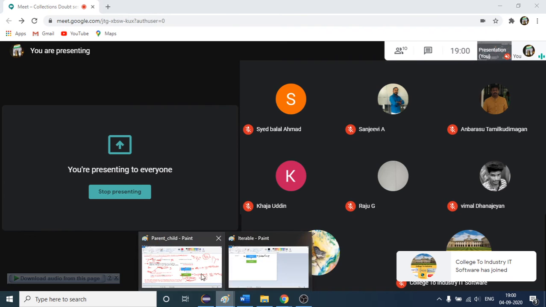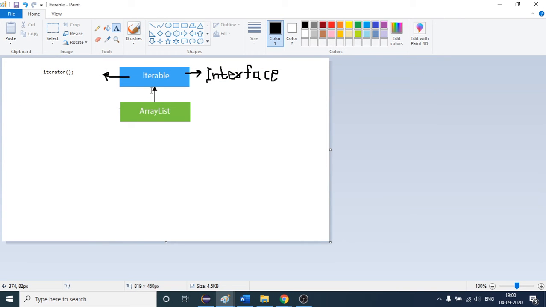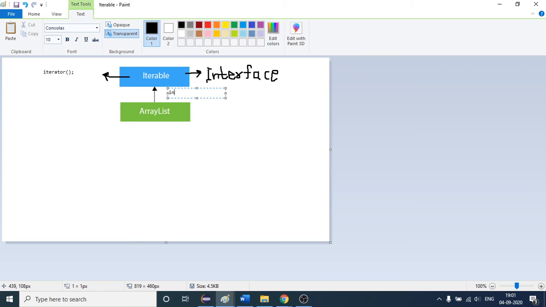I was saying that this Iterable interface will provide you a method, but this method is of abstract type. It is the duty of this ArrayList class to implement this method. And why is it the duty of this ArrayList class? Because it is implementing this internally. ArrayList class will implement this Iterable interface internally.